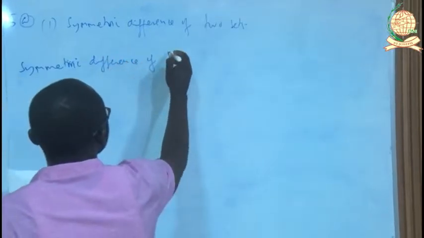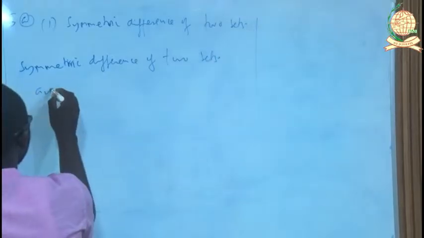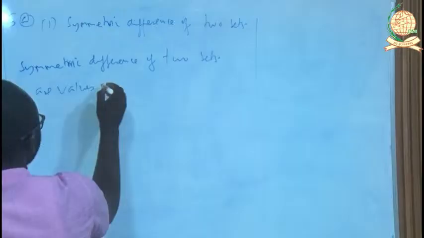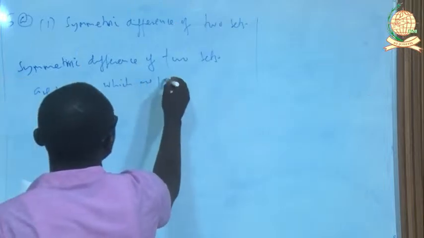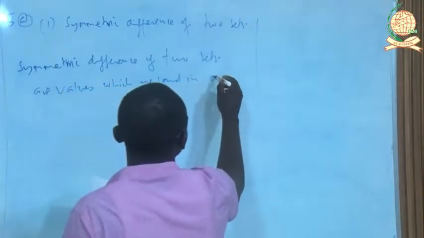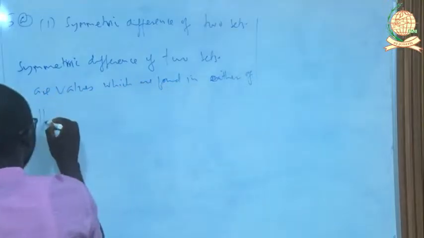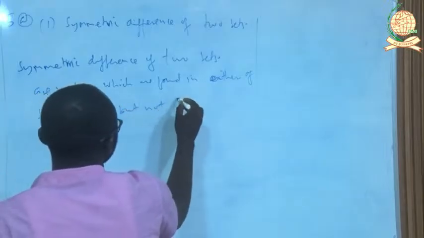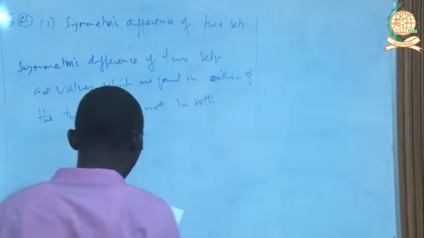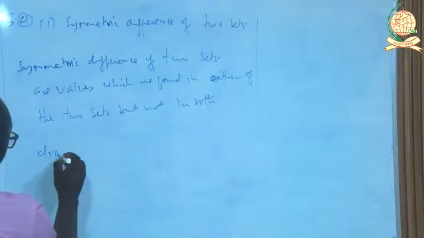So the symmetric difference of two sets are values which are found in either of the two sets but not in both. So it's like you take all the elements but you exclude the intersection. So diagrammatically you can present them as,